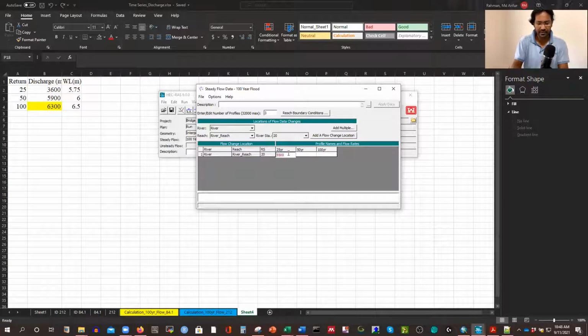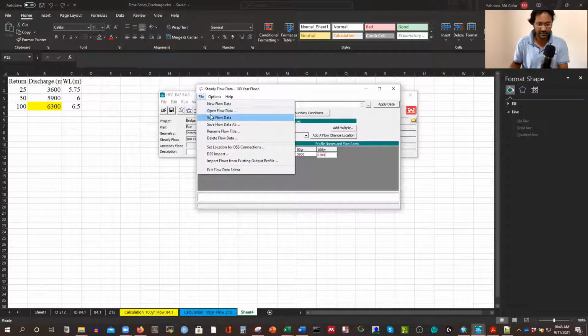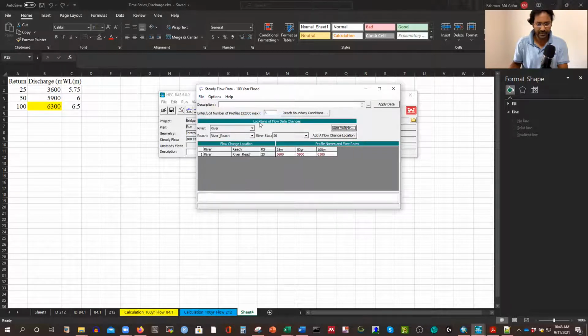So for 25 year we have the flow rate 3600, for 50 year we have 5900, and for 100 year the flow rate is 6300. So we have these values. What do we need right now? We need to go to our water level. So I'm going to save this. What I did, save flow data, it's saved. And if you want to even add your